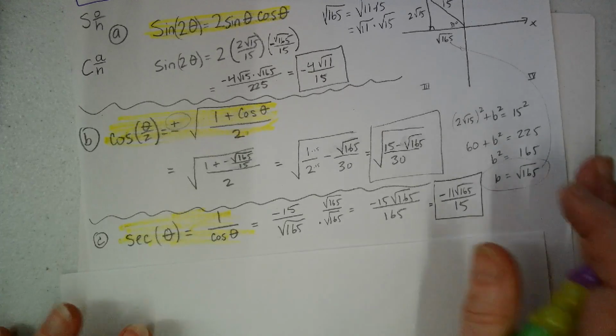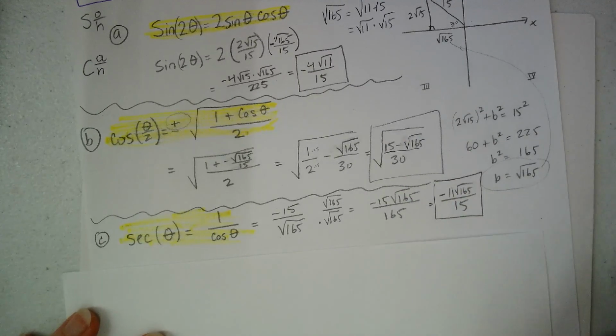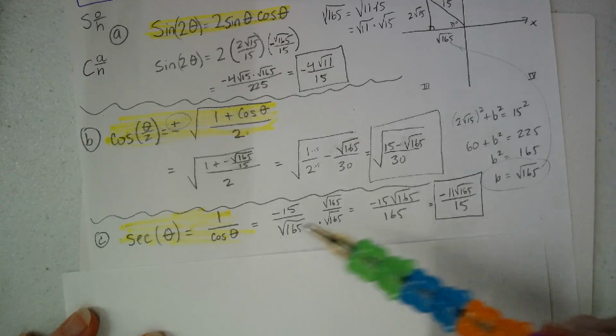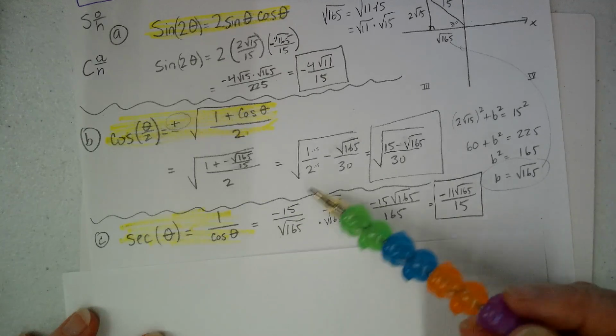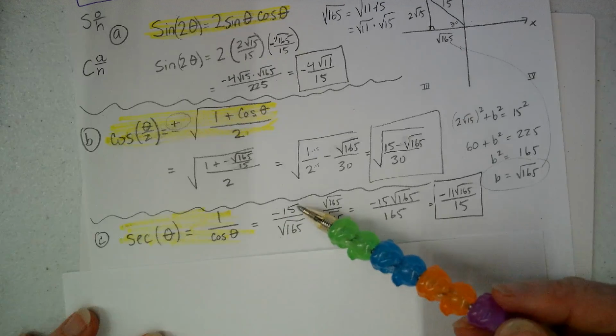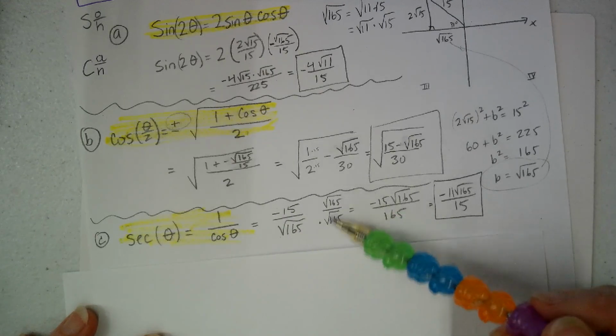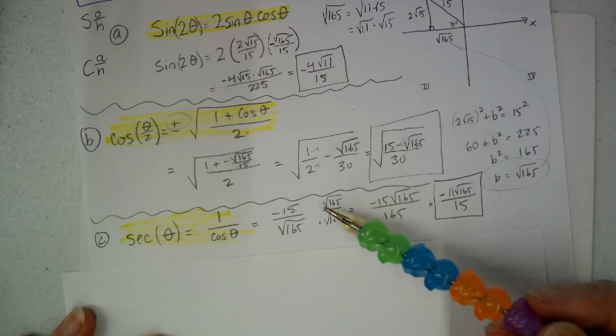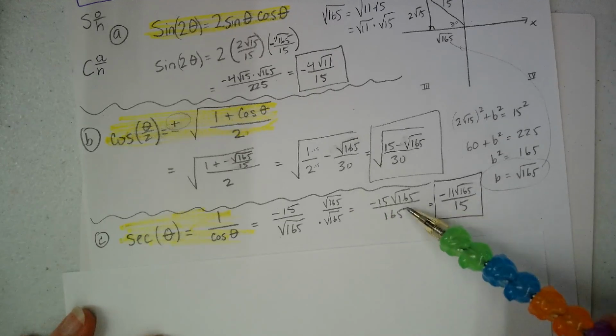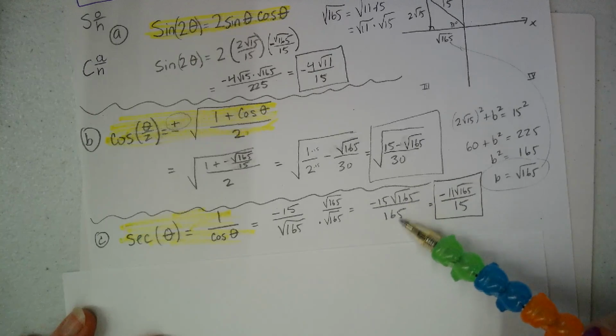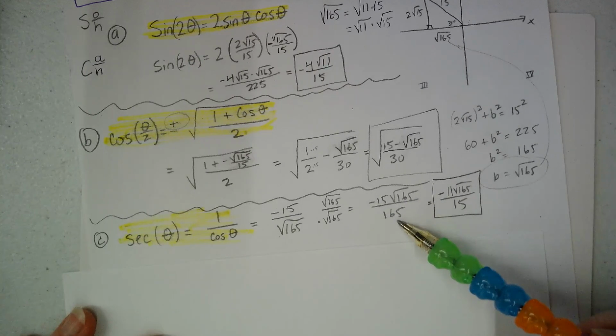Cosine of theta was negative root 165 over 15. So if I want the reciprocal of that, I just turn it upside down. So negative 15 over root 165. And then I wanted to rationalize it, so I multiplied by a giant 1 of root 165 over root 165. And I ended up with this business, and then